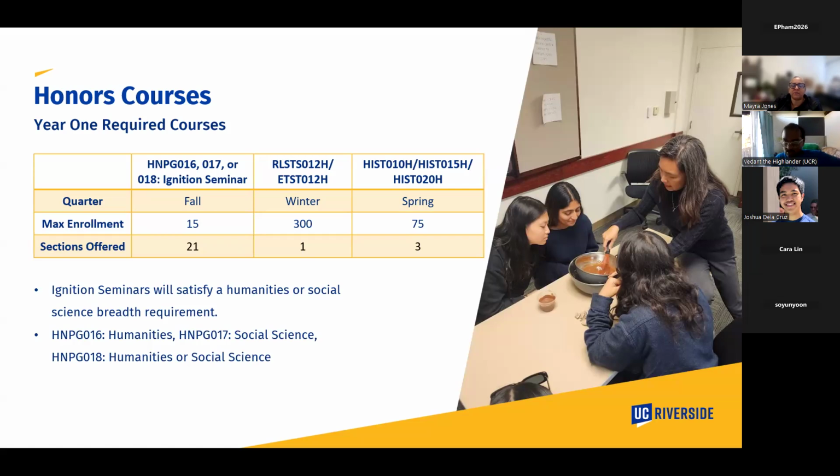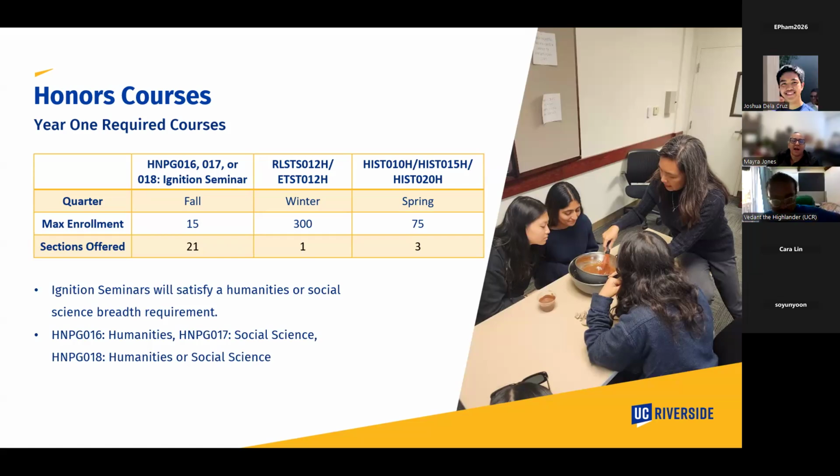If you don't place into writing 7 or higher, it's not possible to take the necessary sequence to meet the prerequisites for that course. So that's why we say you need to place at minimum writing 7 by fall of first year.